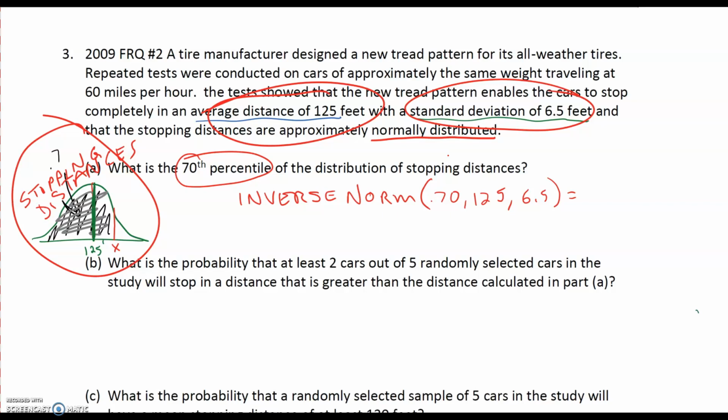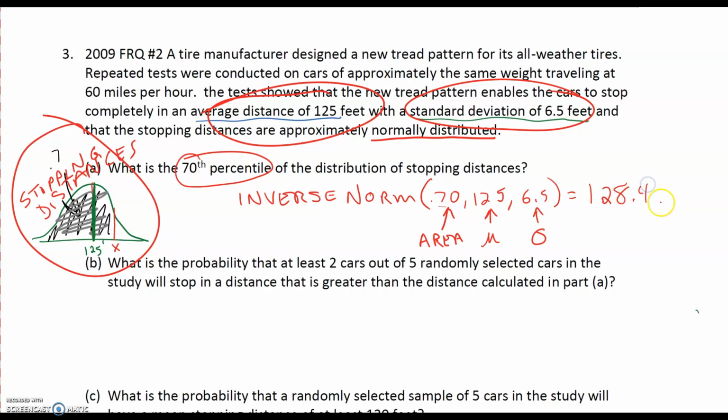So what the readers are looking for when you use this, two things. One, this diagram that's labeled and everything, and then you've got to label all these things. You've got to say what all these are. That's the probability, or that's the area, also shown in my diagram there. And then of course the 125, that's the mean. And use the right symbols. Remember, mu is the population mean. X bar is a sample mean. And this is standard deviation, I'll call that sigma. And then when you put your answer